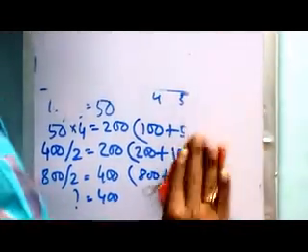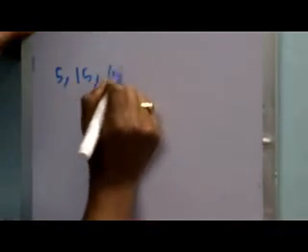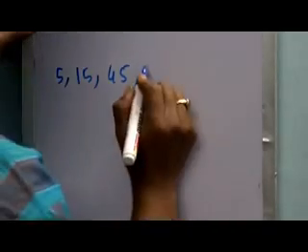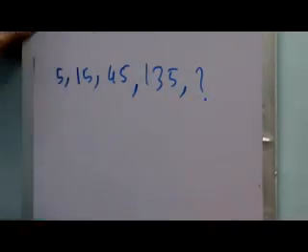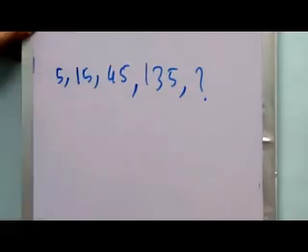The next one I am going to draw is very easy. If you carefully see the number series pattern, without thinking twice, you can derive what the logic is within the particular series. Let's draw the series first: 5, 15, 45, 135, and then obviously the number we have to find.